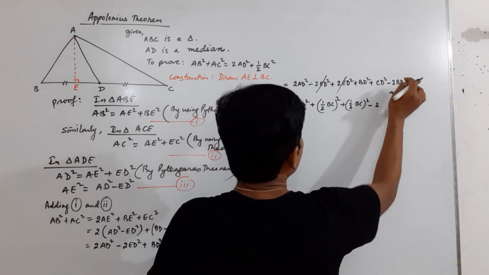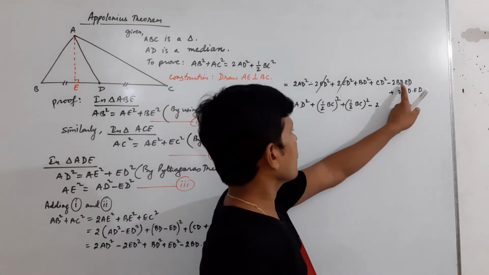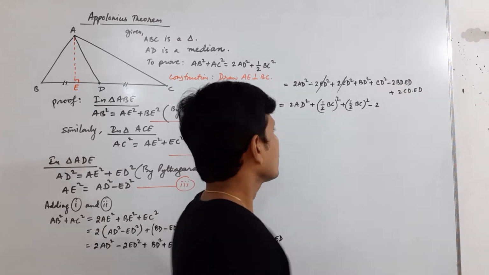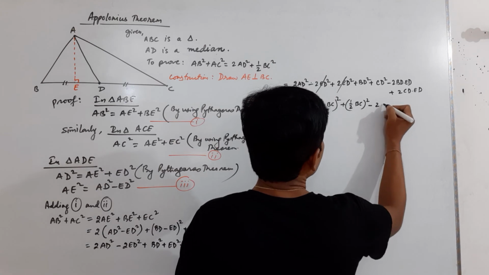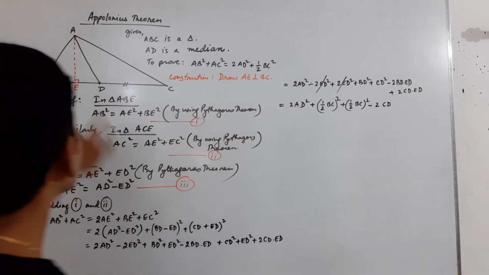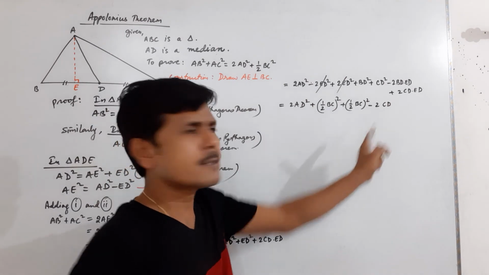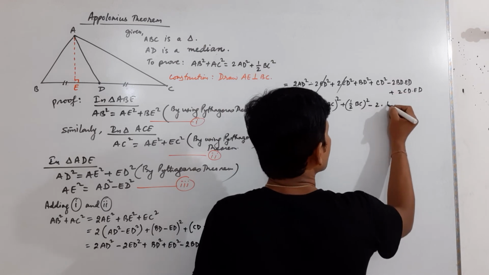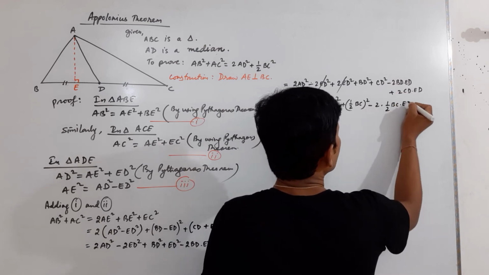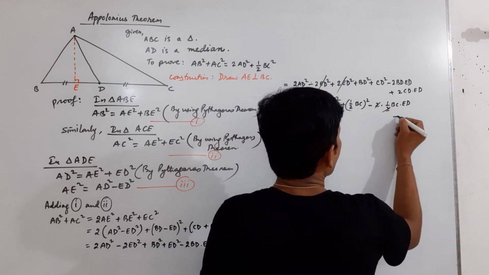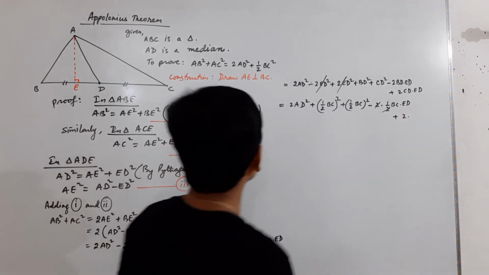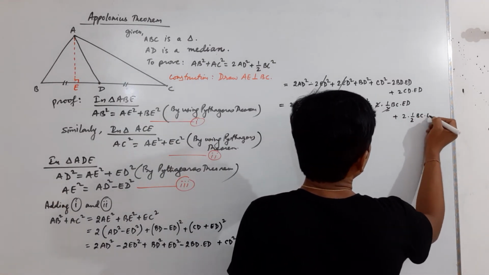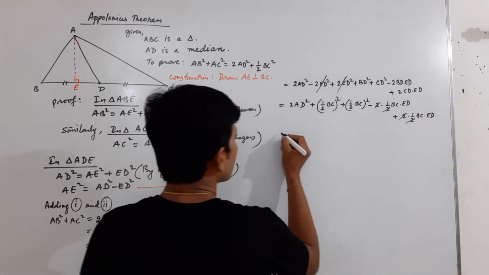Now, this BD, can we write it as CD? Okay, so I am going to write over here CD, or we can use half of BC because BD is half of BC. So all the places we have used the same thing, so I am going to use that only. So BD is equal to half of BC into ED. This 2 gets cancelled. Also, in place of CD, I am going to write half of BC. See, I am writing over here half of BC into ED. This 2 gets cancelled.